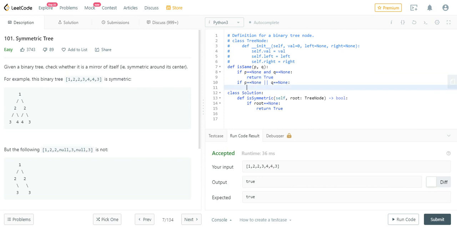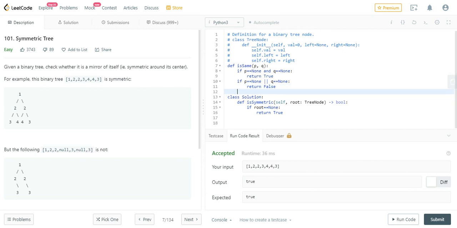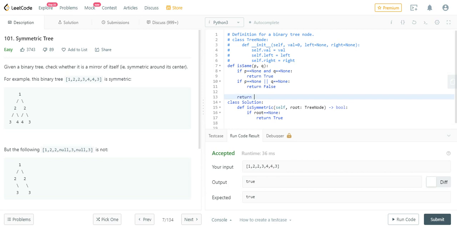So then I will just return here. If one of them is null and the other is not, what is the result? The result is false, obviously, because one is null and the other is not. So they cannot be similar. They cannot be symmetric at all, right? The last condition is the same as the previous one: we check whether p dot val equals q dot val. This is the first basic check in the same tree problem also, but there is a subtle twist you need to follow.